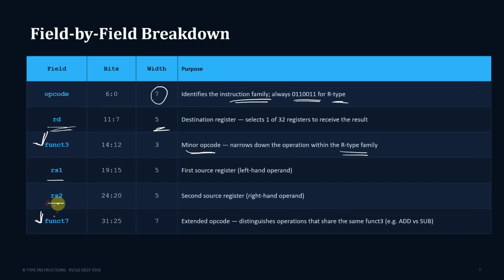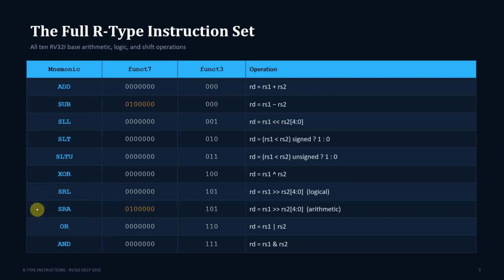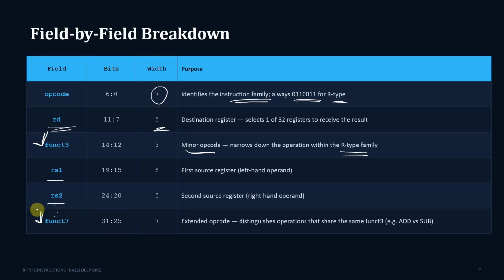And RS1 and RS2 I've just explained. So these are the different fields I'm going to have. Next, let us understand the different operations which are possible in our R-type instruction. The first one is the addition operation. If I want to perform a register addition operation, an R-type instruction, then the opcode should be this value, that is